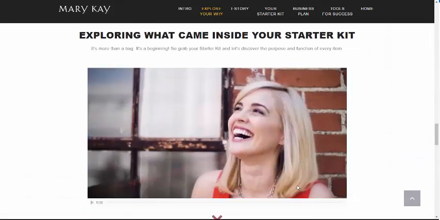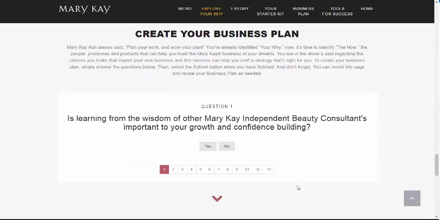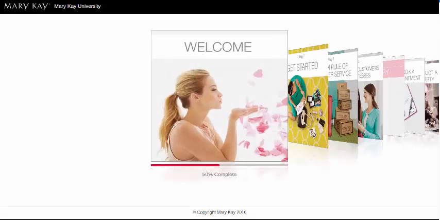Here is one on exploring what came in the starter kit, even an activity on building their own business plan. If I go back home, there are even some microlearning activities around